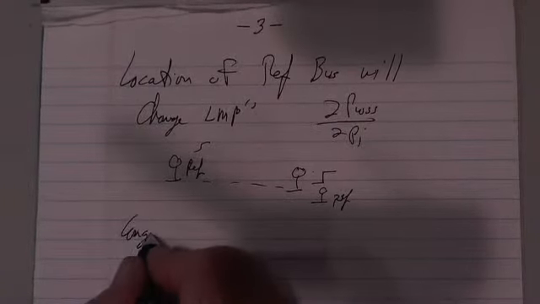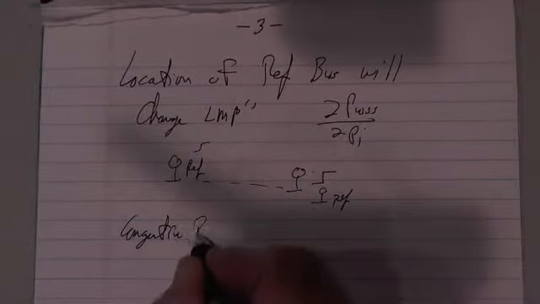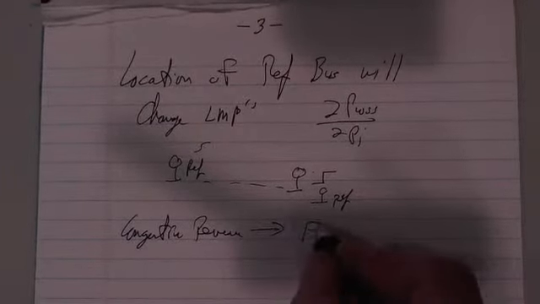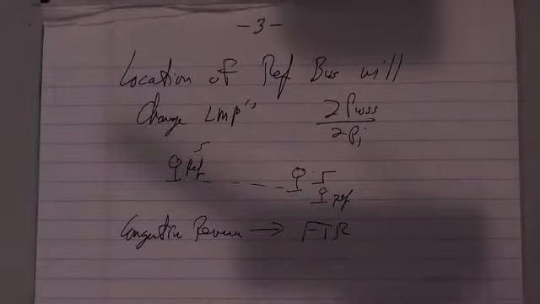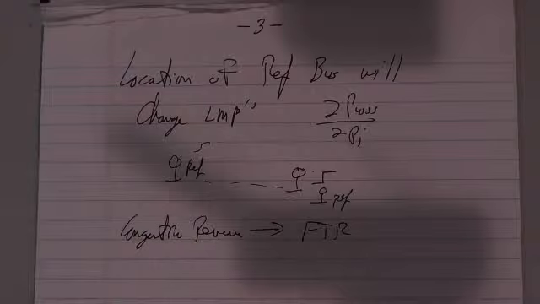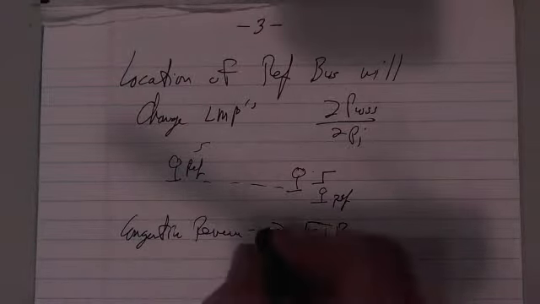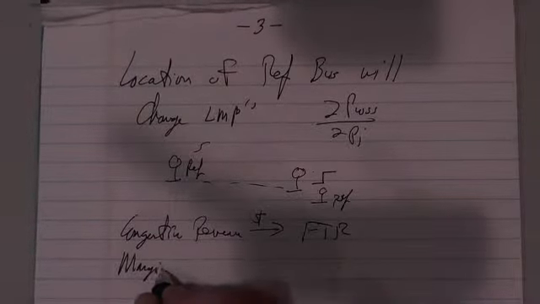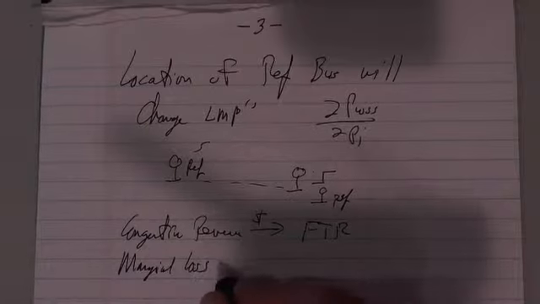Now we're going to talk about this the next time. Congestion revenue goes to their FTR fund, Financial Transmission Rights. Topic of next lecture. I'm not going to go any further. So this is dollars. The marginal loss revenue